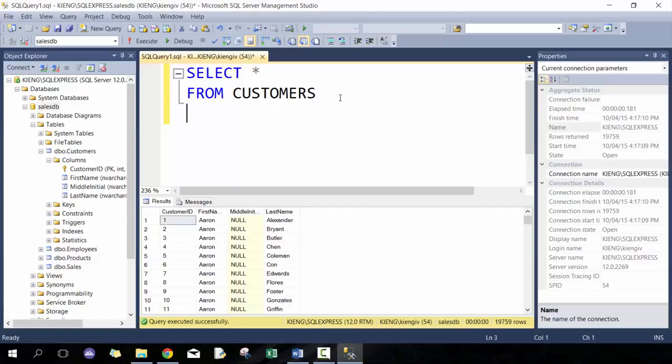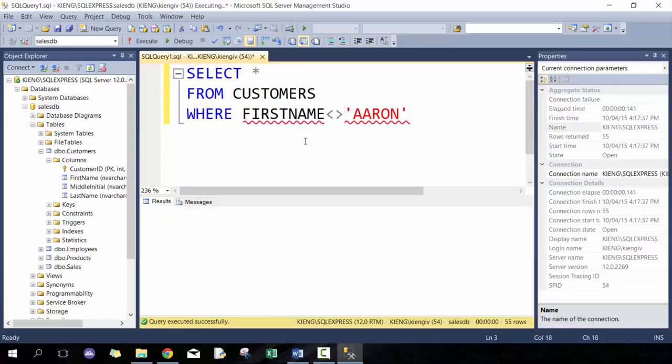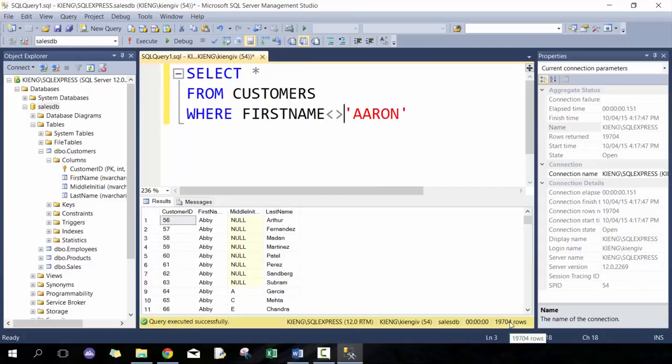But now what happens if I only want to include a subset of rows? So I only want to include, for example, Aaron, first name. So in this case, I would go where first name is equal to Aaron. And then you'll see here there's only 55 rows with Aaron. Okay, that's good. Maybe I want to include everything that's not equal to Aaron. So you see here now I have 19,704 rows. It's pretty quick, fairly quick. Obviously this is not a complicated database and it's not that many rows, but still fairly quick